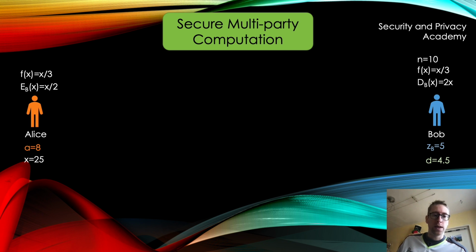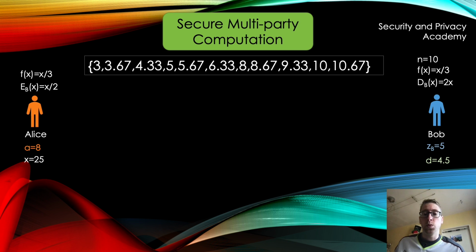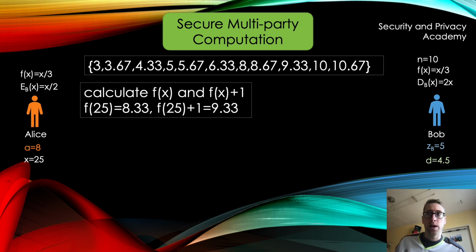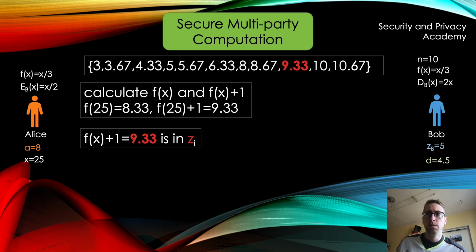Now Alice's job is quite simple. She just calculates the two values, 25 divided by 3 and 25 divided by 3 plus 1, and checks which one is in the series. So we have the series here. She calculates the two values, and she checks which one is in the series. Apparently f of x plus 1 is in the series, which is 9.33. And if you remember, if f of x plus 1 is in the series, that means